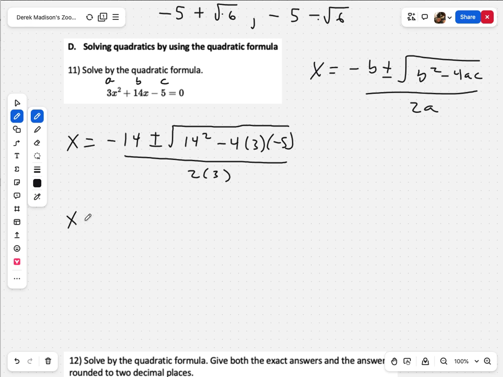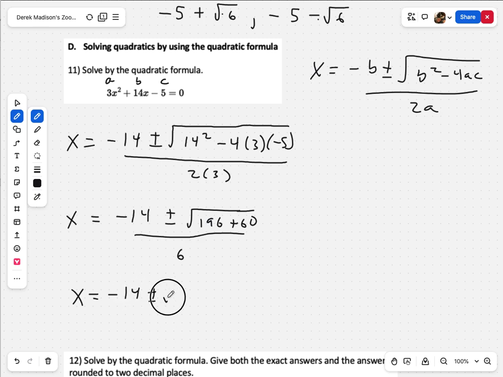So we'll go down here, negative 14 plus or minus, this would be 196 and then plus 60. So this is 196, and there's minus and minus there, so I just count up the minus signs. If I have one negative, it's minus, 2 negatives, it's going to be plus, 3 negatives, it's going to be minus again. So 196 plus 60 under the root over 6, and that would be x equals negative 14 plus or minus square root of 256